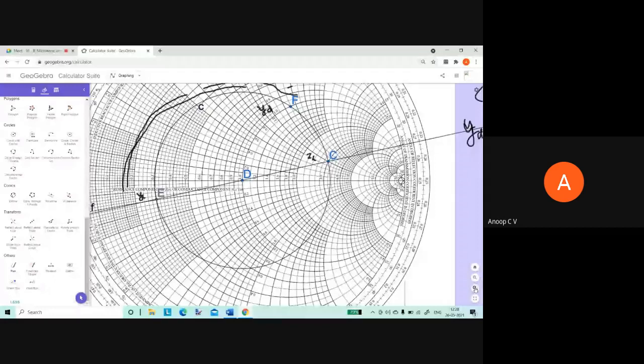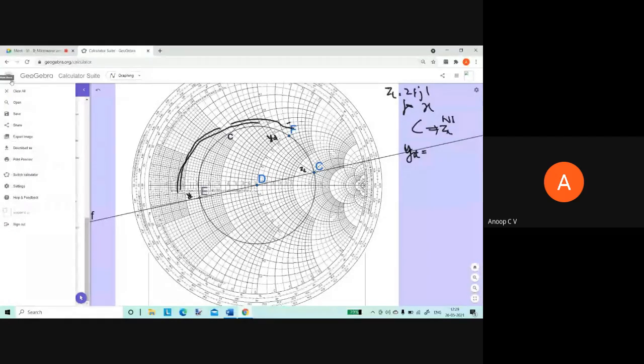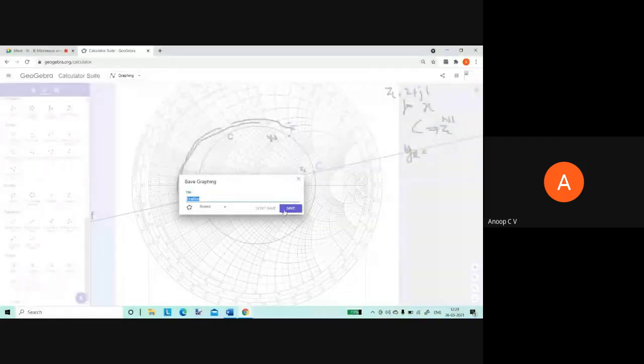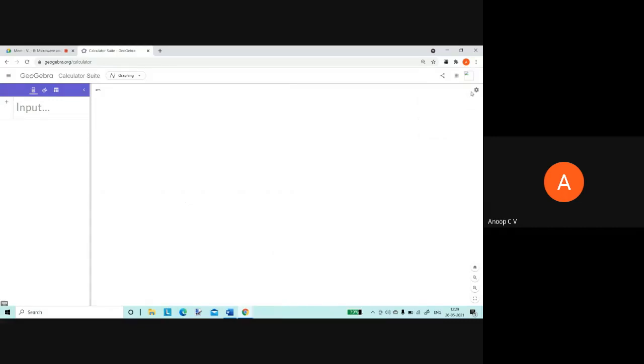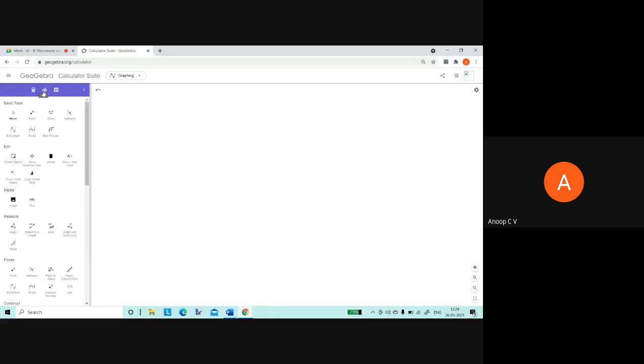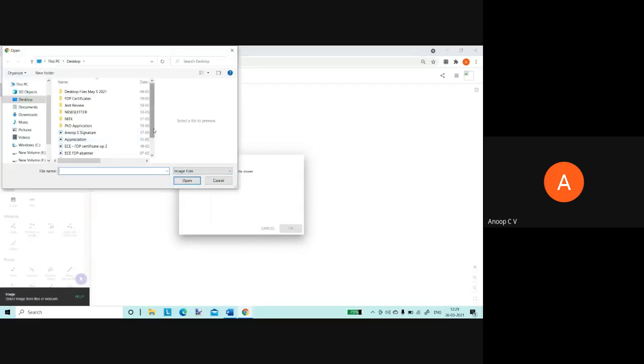So instead of continuing with the same thing, I'll abort this and open a new one. That would be better. I just cleared everything. I didn't save it. So I'll open a new one. Sorry, not a problem. We are solving problems, we are not wasting time. So I'm going to take an image. Once again, you should help me out so that I can finish very fast.